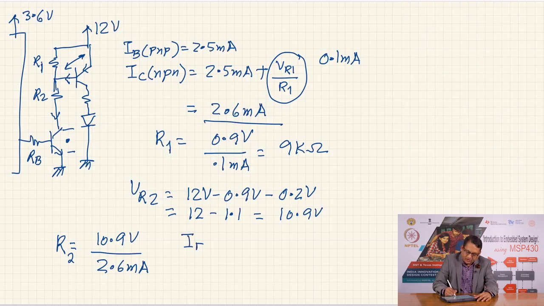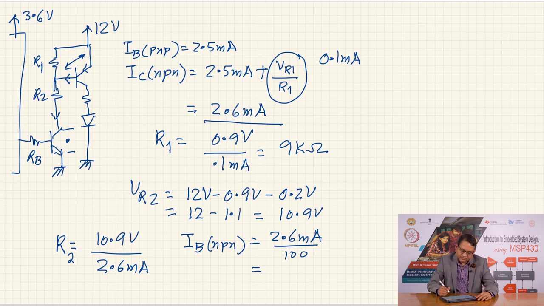Therefore, IB of the NPN transistor is equal to 2.6 milliampere divided by 100. Oops, this is the collector current, and so I get 26 microamperes. This is the value of the base current that has to flow through the NPN transistor,